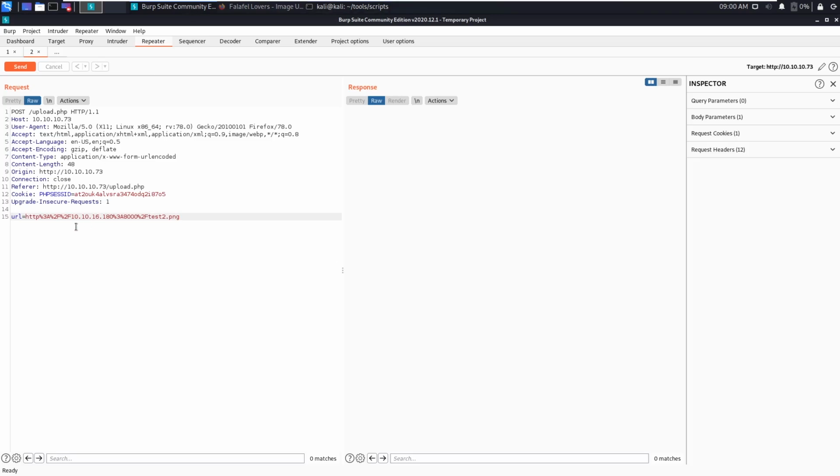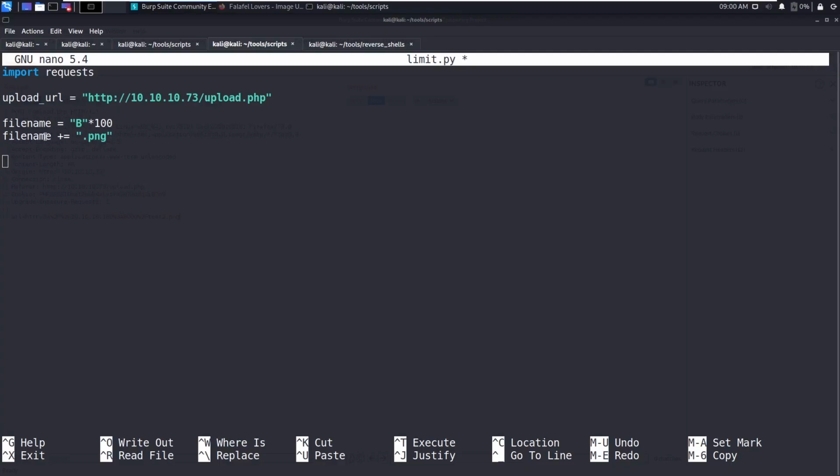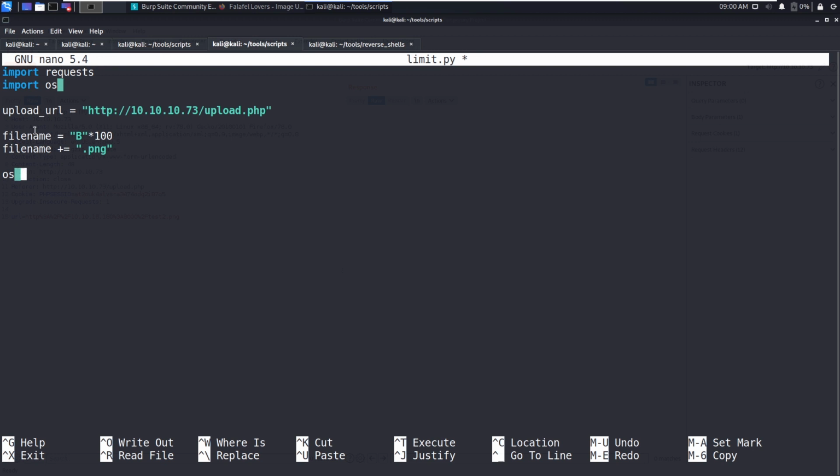Okay, so that file should be hosted, right? Import os. So os.system of touch the file name, format of file name.